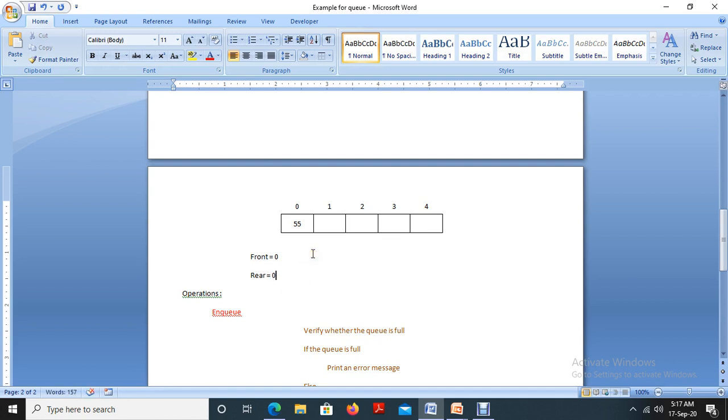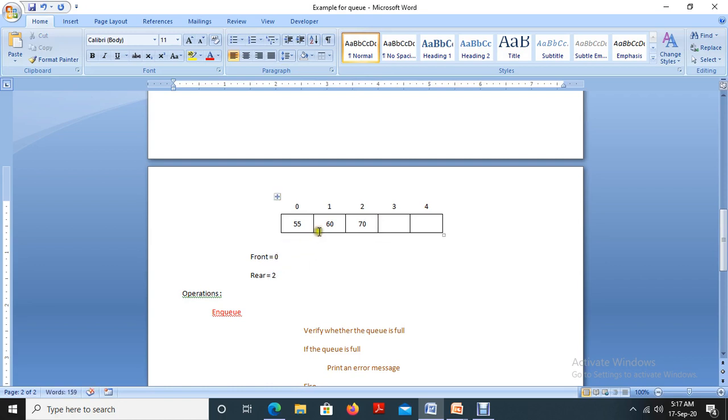If the queue is empty at the time of insertion, we have to update both the front and rear values to 0. Okay. Next, if I am inserting an element 60, it goes in the next available position, that is 1. Rear is only getting updated to the next position, that is, rear is incremented by 1. Front equals 0. Again I am inserting a new element 70, front equals 0 and rear equals 2.